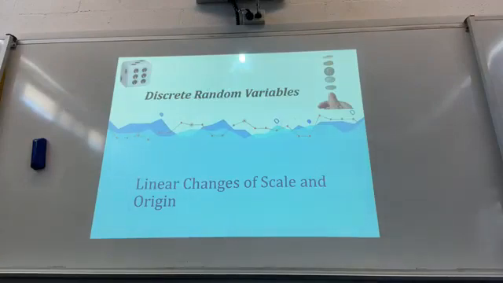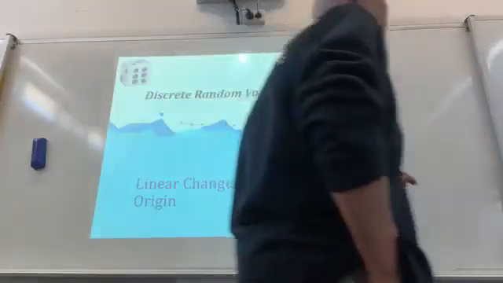we started with discrete random variables. We started looking at the probability mass function. And of course, like all maths, we will talk about a bit of transformation. We're thinking about the change if we have a multiplication of x or adding a constant. Alright, so I'm going to start off with